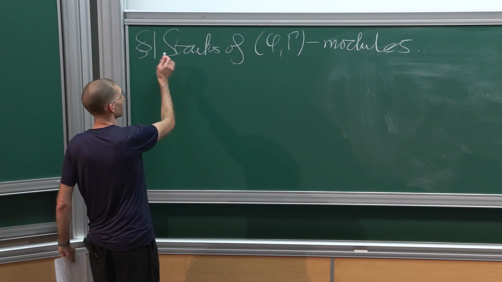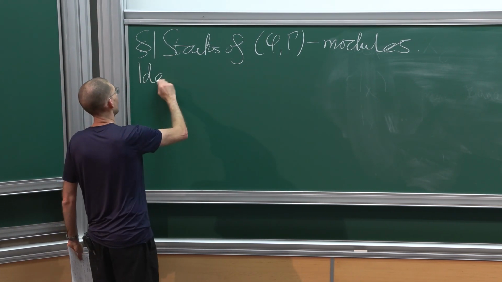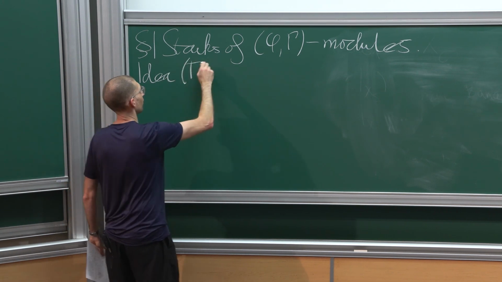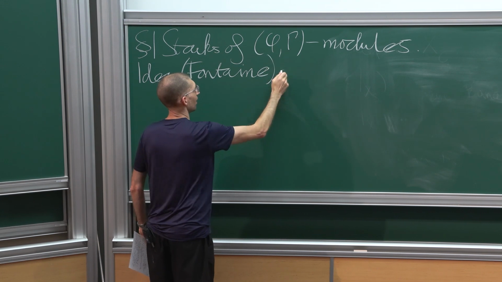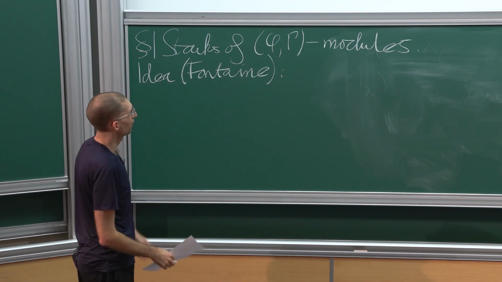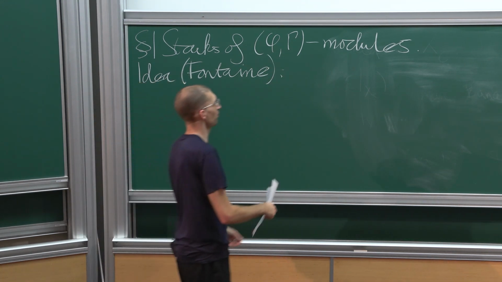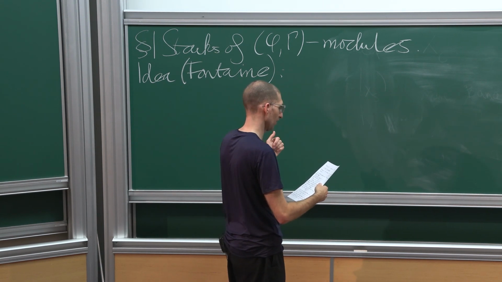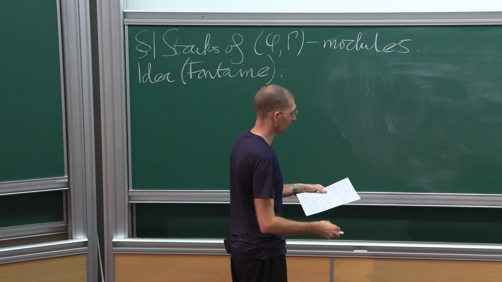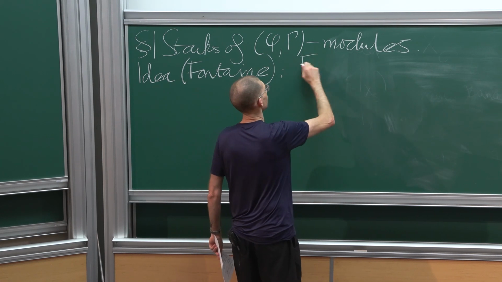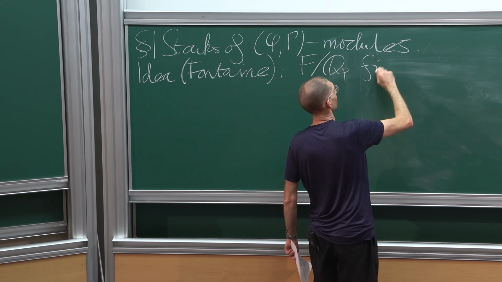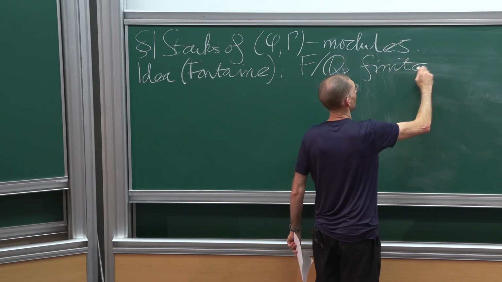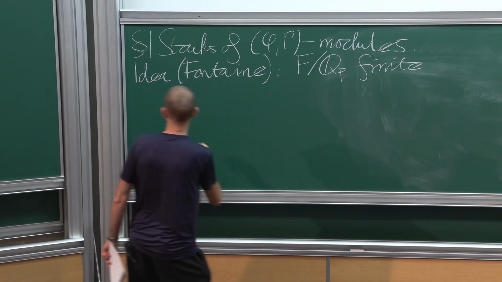OK, so what's the idea of phi gamma modules? The idea is due to Fontaine, who defined them, and it's basically just to give some kind of more linear algebra-like description of p-adic representations of a Galois group. So fix F over Q_p, always going to be a finite extension in our lectures. And then the idea is that